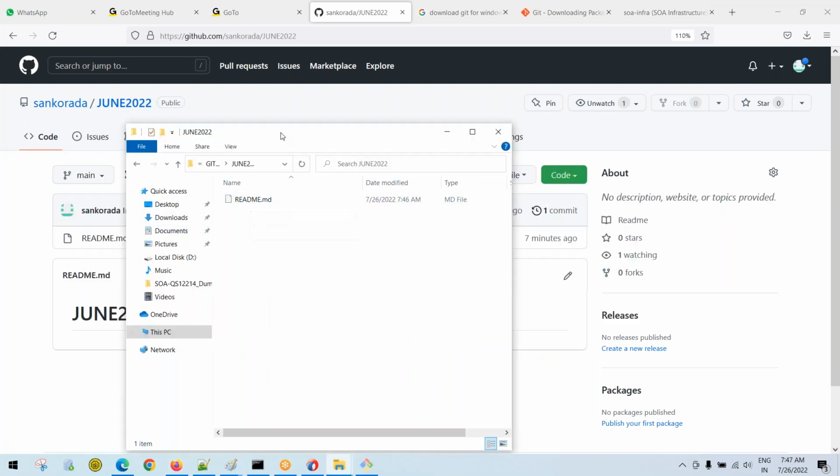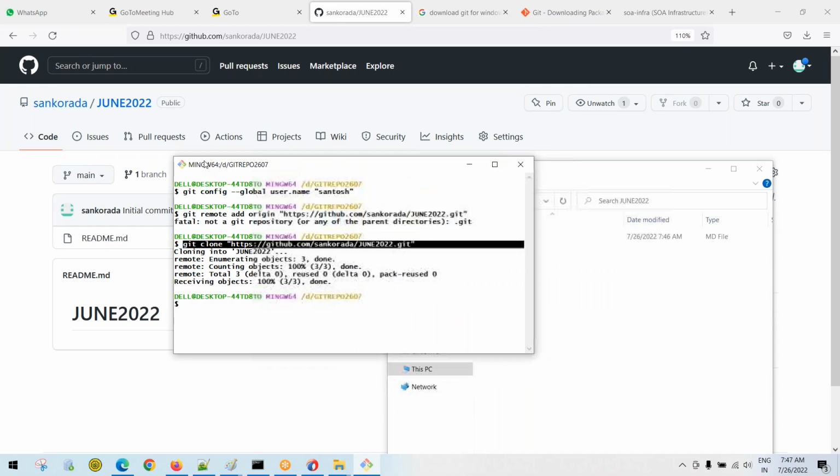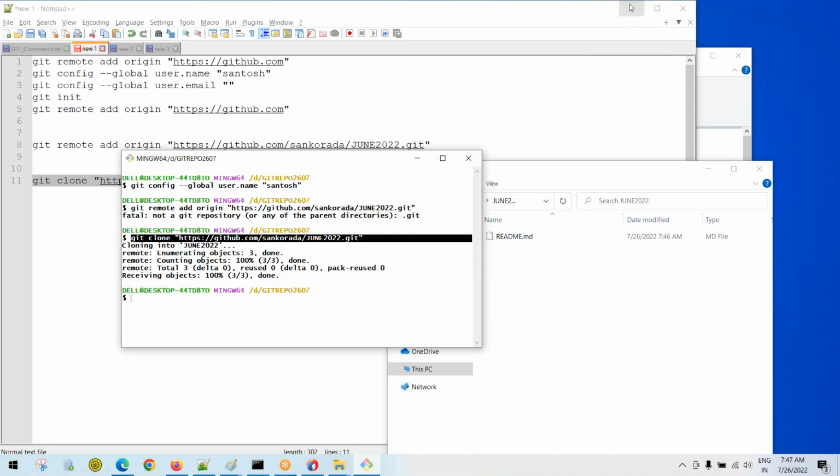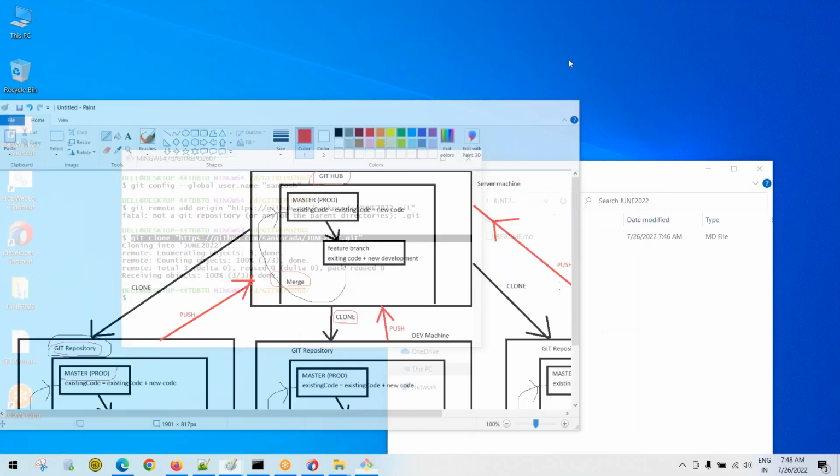There is nothing else. See, this is a central repository. This is GitHub. My GitHub repository contains readme.md. When I clone the repository, I got the same repository folder, June 2022, which contains a readme file. There is nothing else. The entire repository is downloaded into my machine. Now, in your Git command line interface, what you can do is add your SOA code,